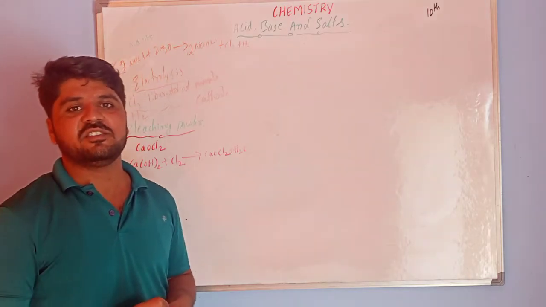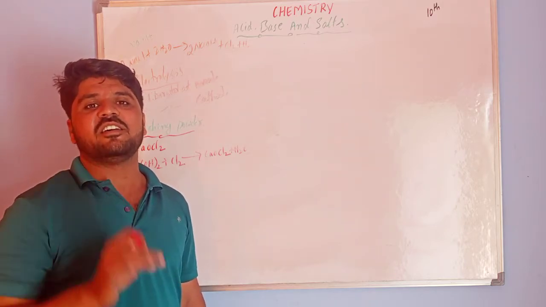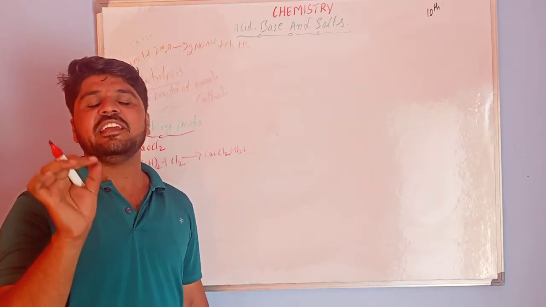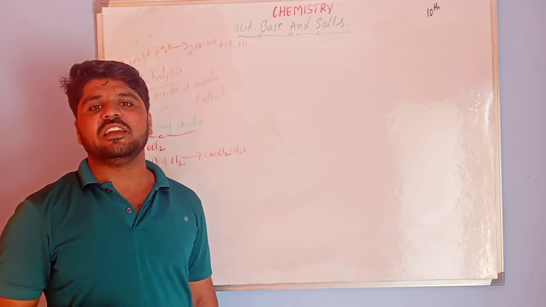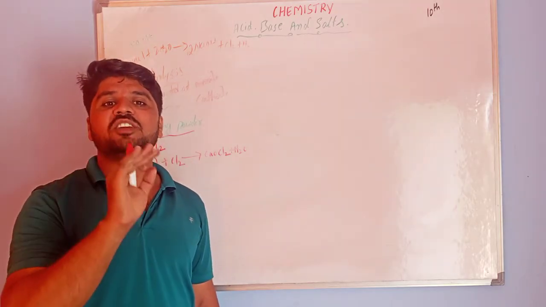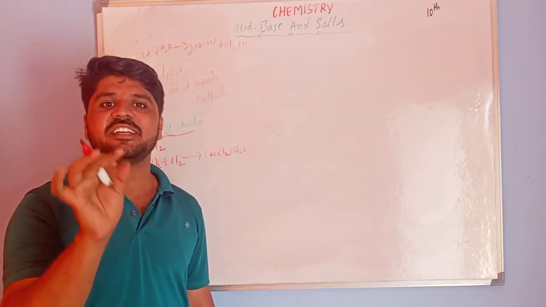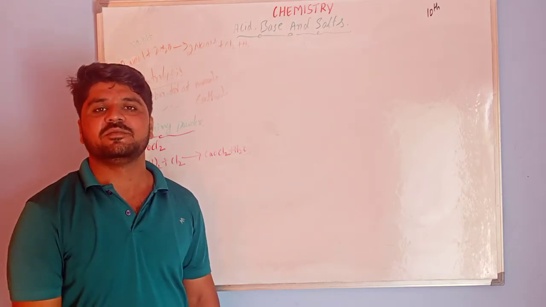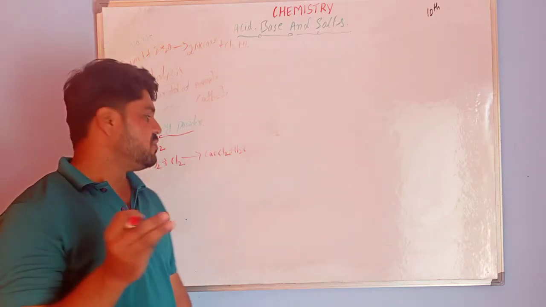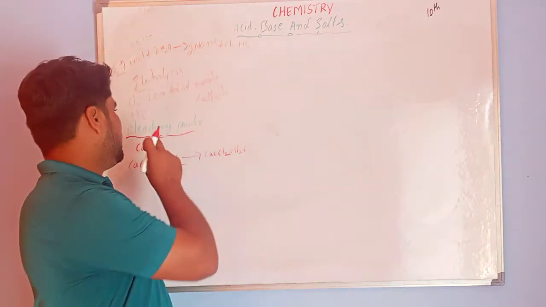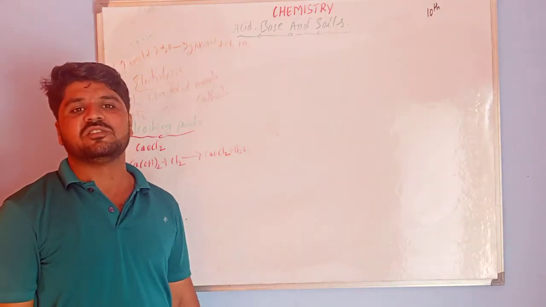Can you say the uses of bleaching powder? Bleaching powder is used for bleaching cotton and linen in the textile industry, bleaching of wood pulp in the paper industry, and bleaching of washed clothes in laundries. It is used as an oxidizing agent in many chemical industries, and also to make water free from germs. That means it kills the germs in water during the purification process.